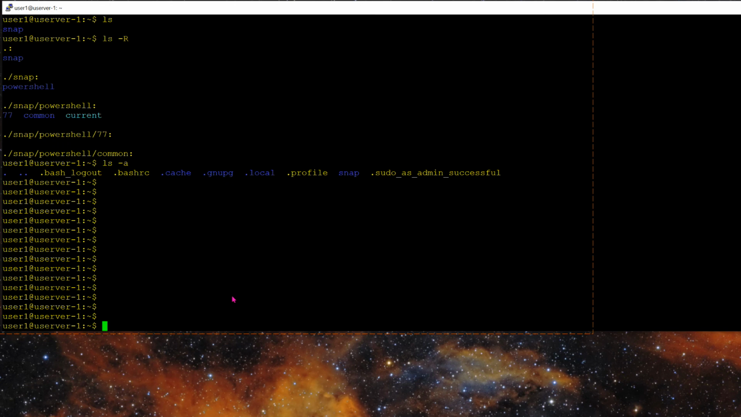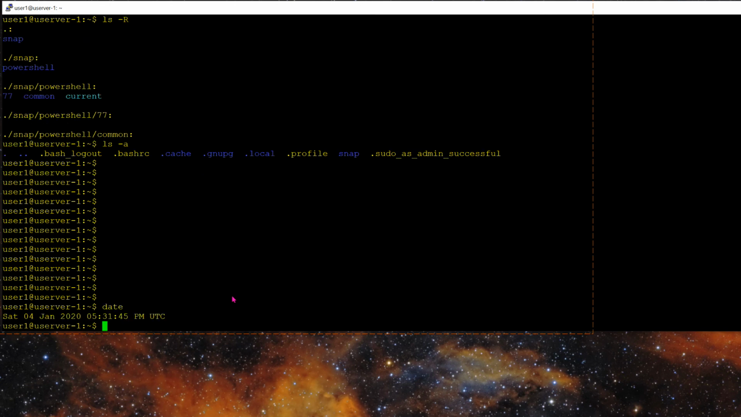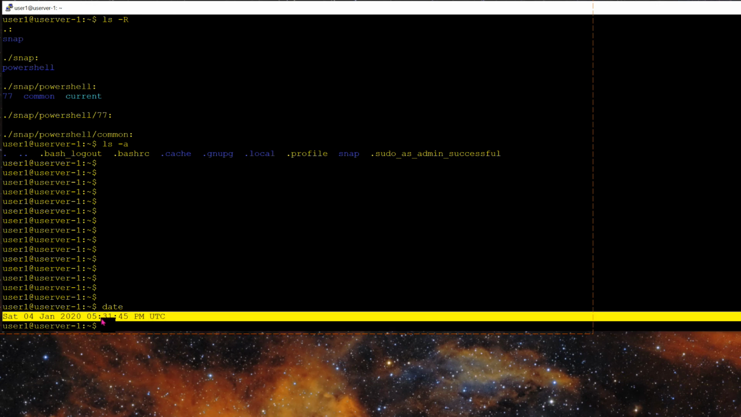The next command is date. If you type in date, it's going to give you the date, and it's also going to give you the time and the time zone. So if you have any issues with any kind of